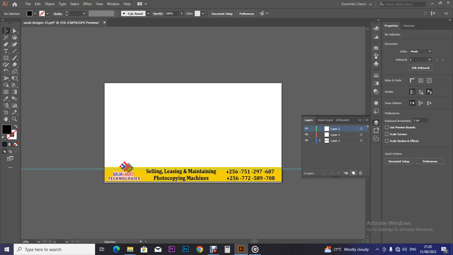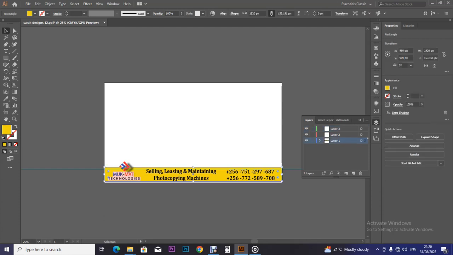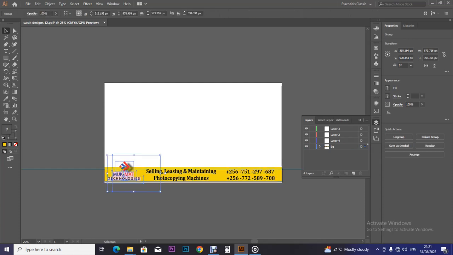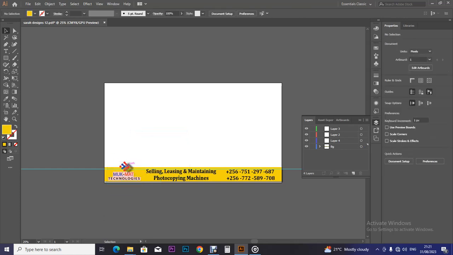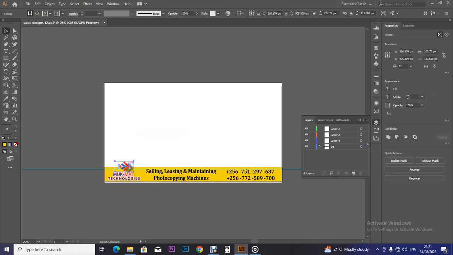So we have design 3, then the fourth one is the background layer. So we have 4 layers. We are going to leave this as the BG, that is the background layer. Then we are going to get this one. Let us separate this by ungrouping it. Then we have this as the logo,